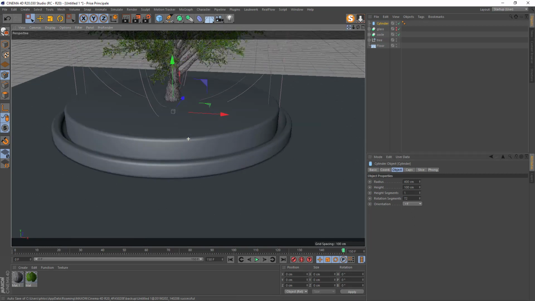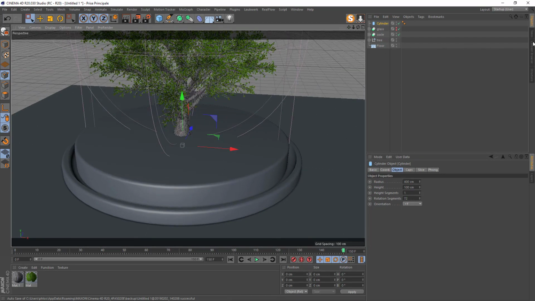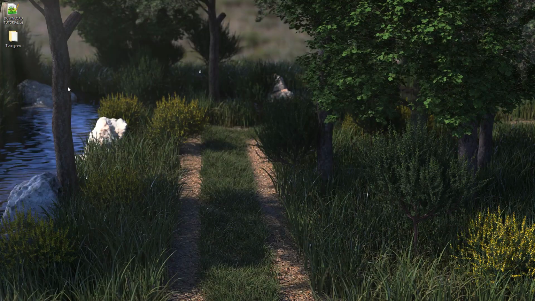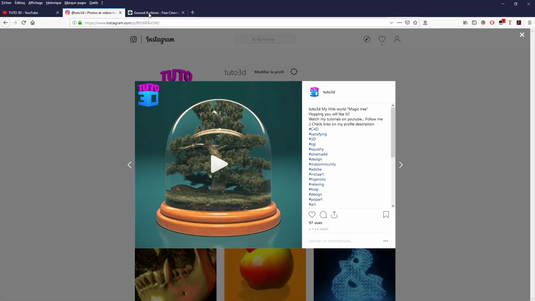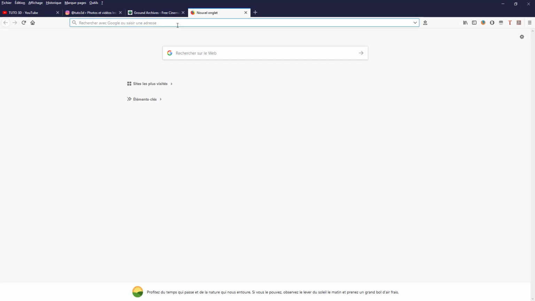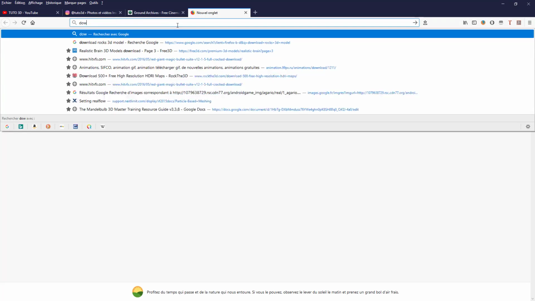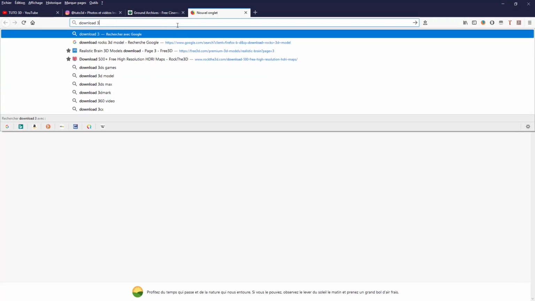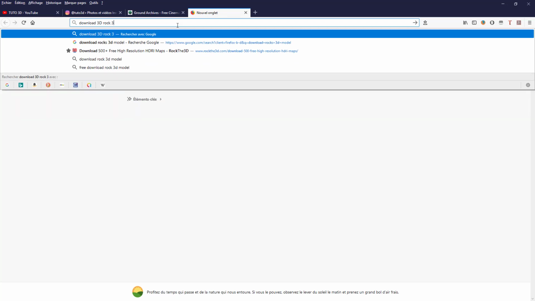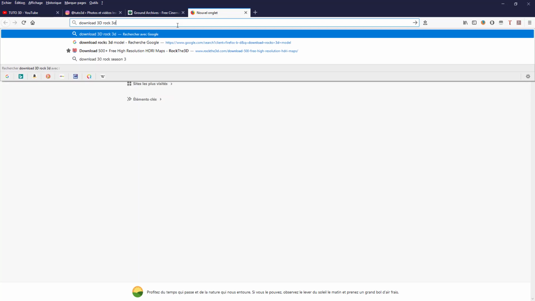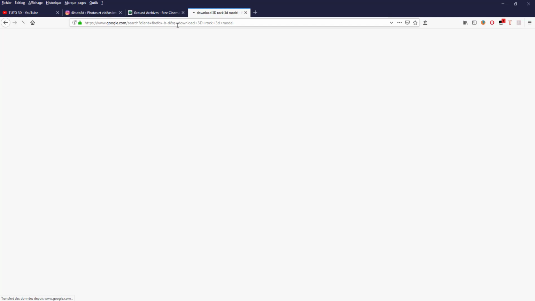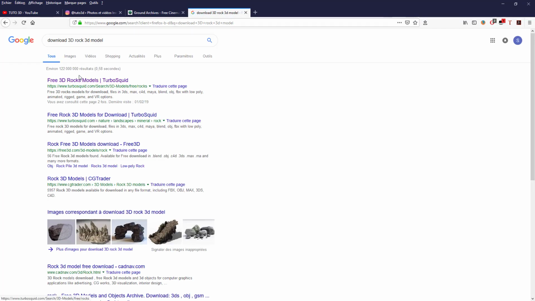Okay, for the dirt, we will add some rocks. For the rocks, I have some, but you can download from the internet. You just type download 3D rocks, 3D model, and you will find a lot of rocks.